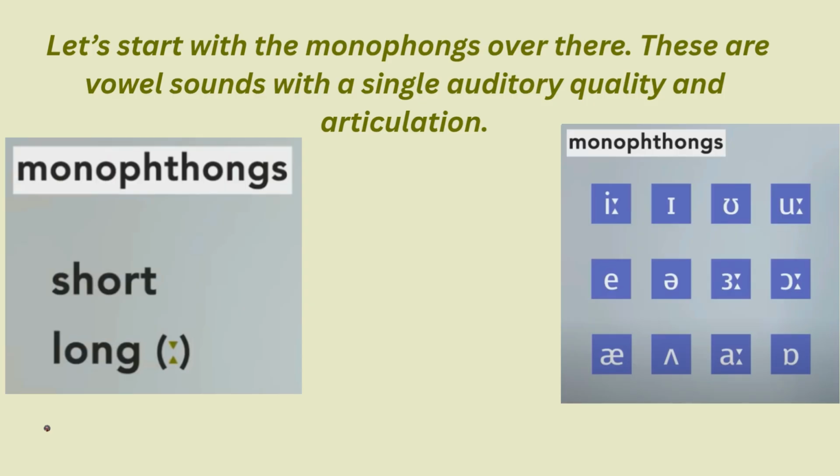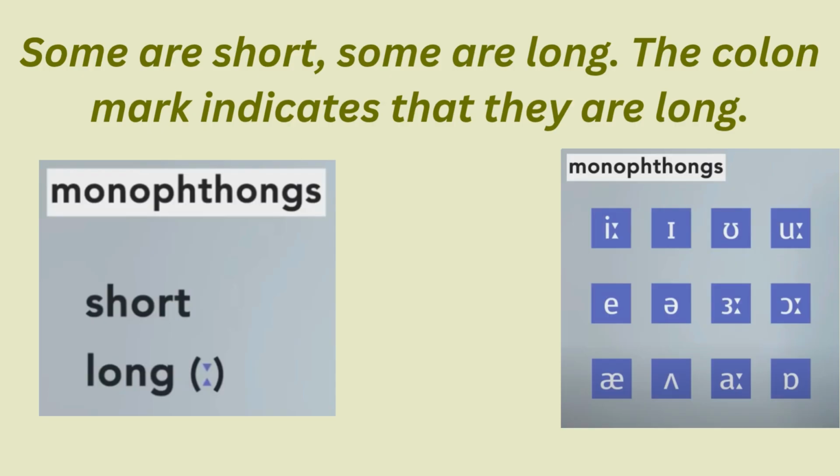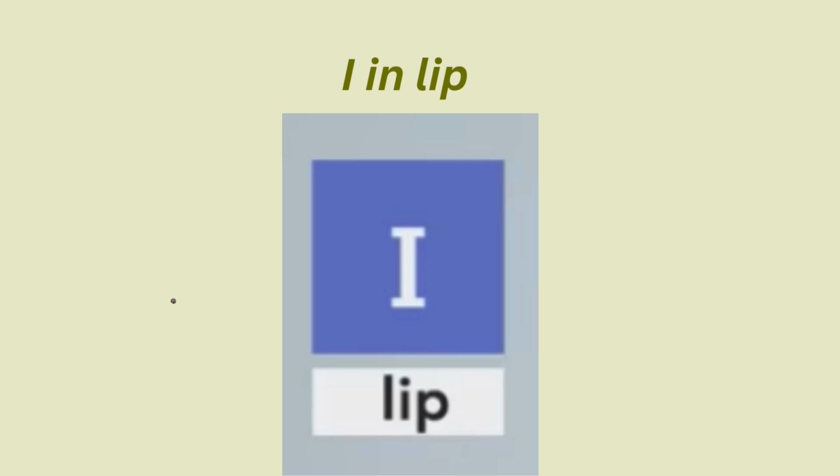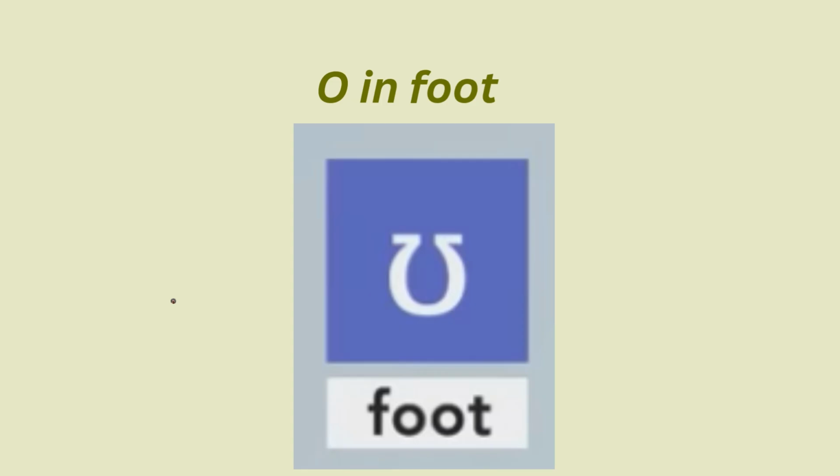Let's start with the monophthongs over there. These are the vowel sounds with a single auditory quality and articulation. Some are short, some are long. The colon mark indicates that they are long. We have E as in meat, E in lip, U in foot, U in boot,